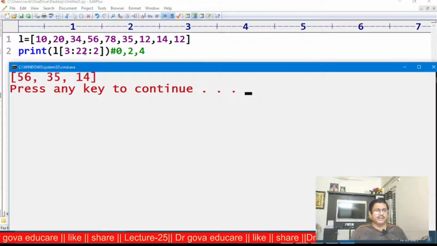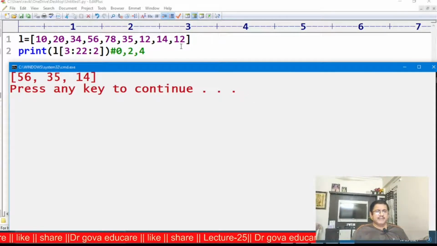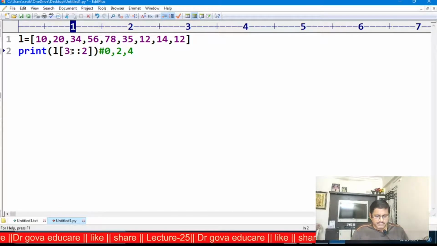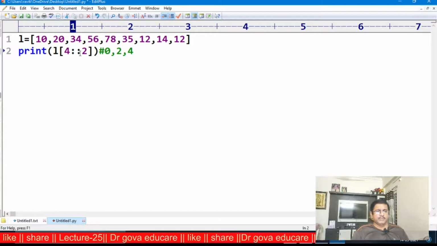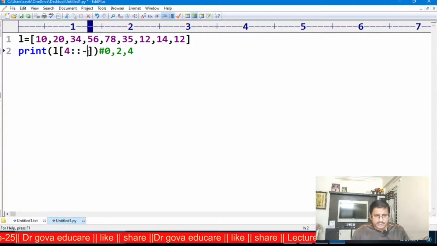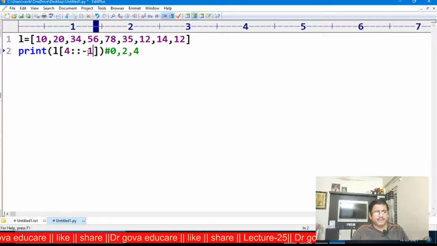If you are putting 22, the maximum allowed range is the length of the list. Now the starting value is 4, and the end value by default is the index value minus 1. Observe here, this is by default value 4: 0, 1, 2, 3, 4, 78.